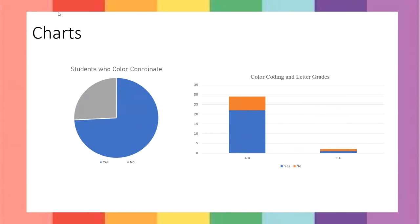So my study, this was the total amount of students, and the blue shows that 74% of them do color code and only 26% don't color code. And the second one is color coding and letter grades. So the blue represents students who do color code and the orange is students who do not. But overall, most of the students already were achieving higher grades; this is only representing 2 students who received